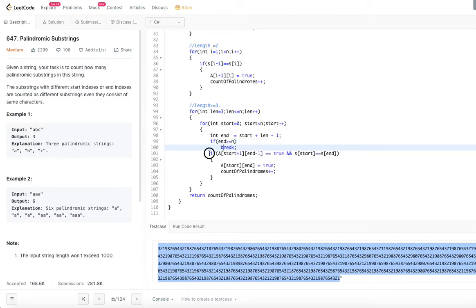And now here are the two conditions that we are checking. What is that? This condition is that the start and end character should be the same. That is a must, right? Because we have to make sure that is met since we are looking for palindromes. Start and end must match.